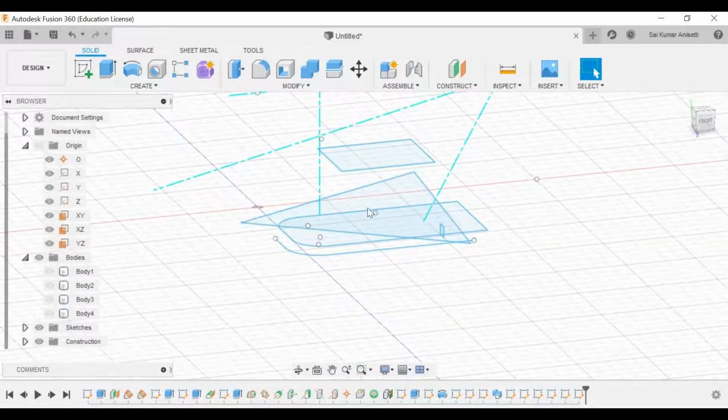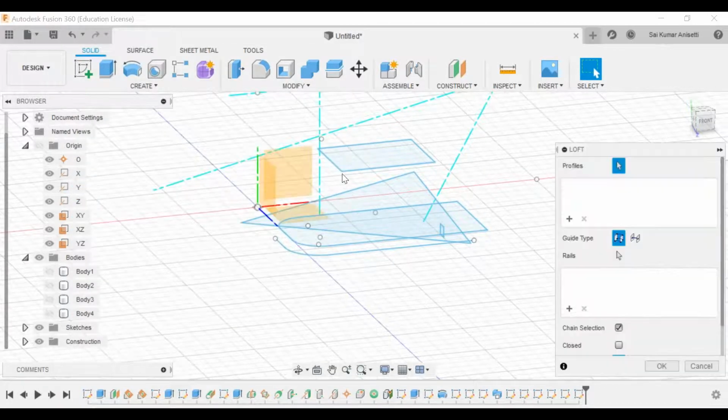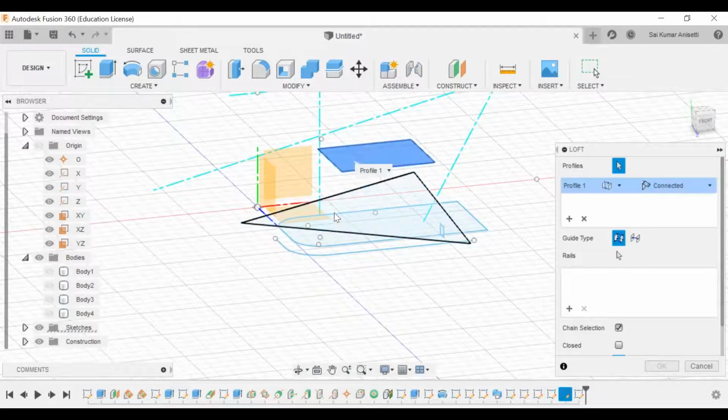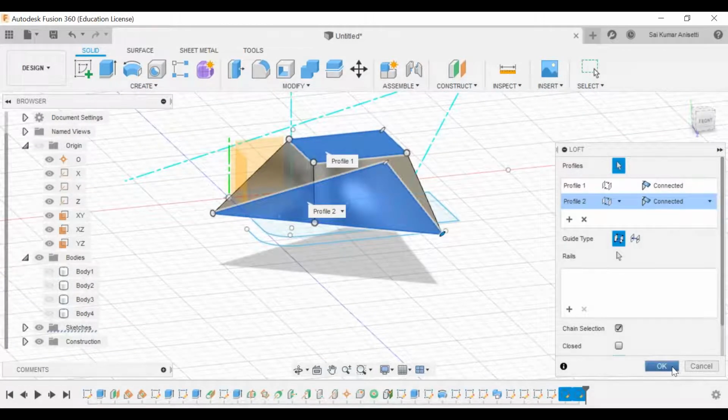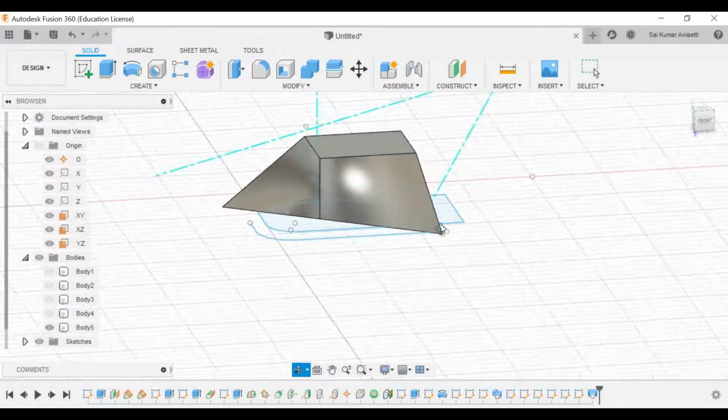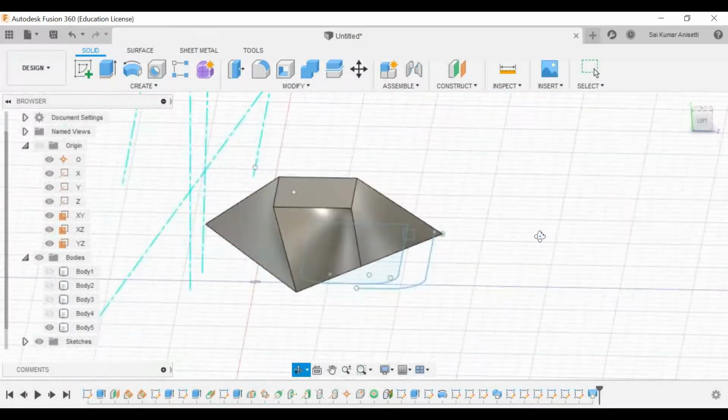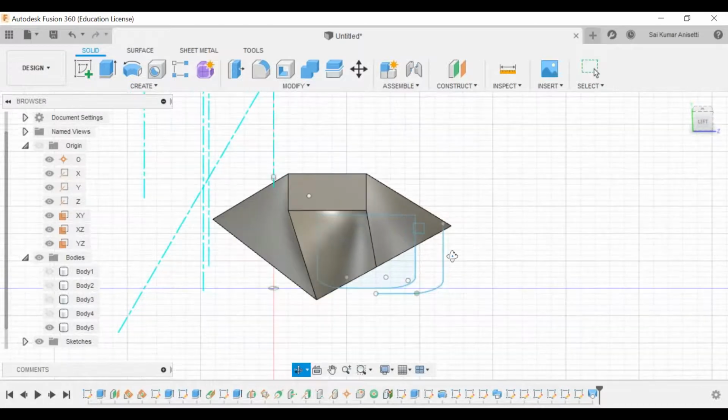triangle. Now combining these two features, create, go to loft, select first profile and select second profile, create. Okay, so you will get some kind of solid.